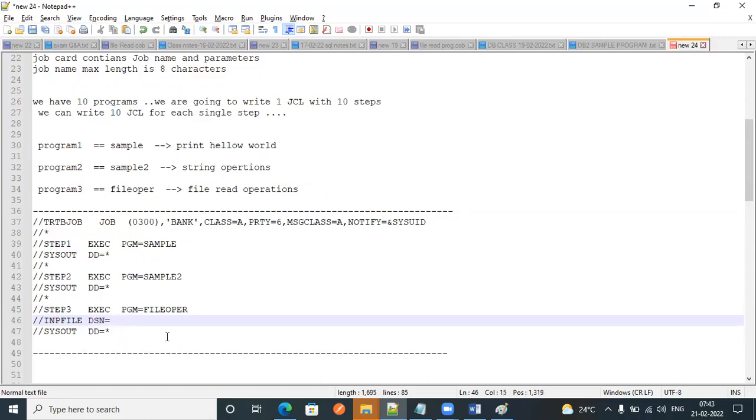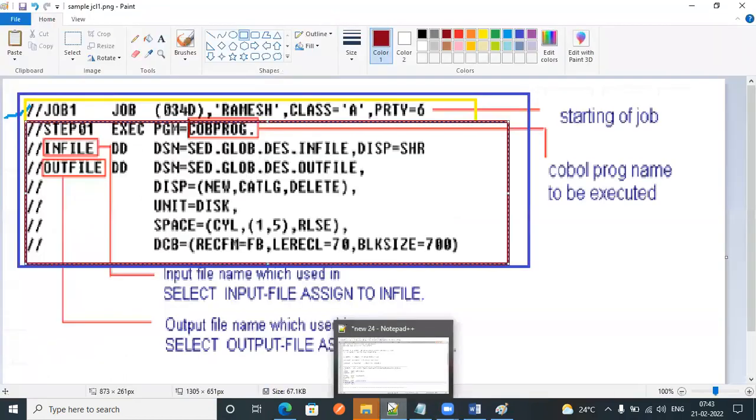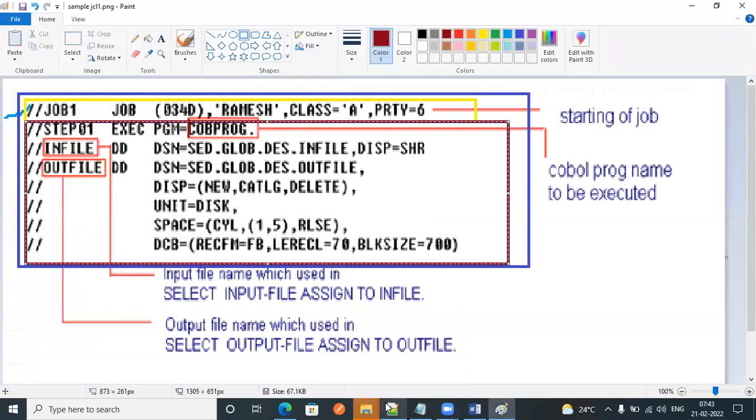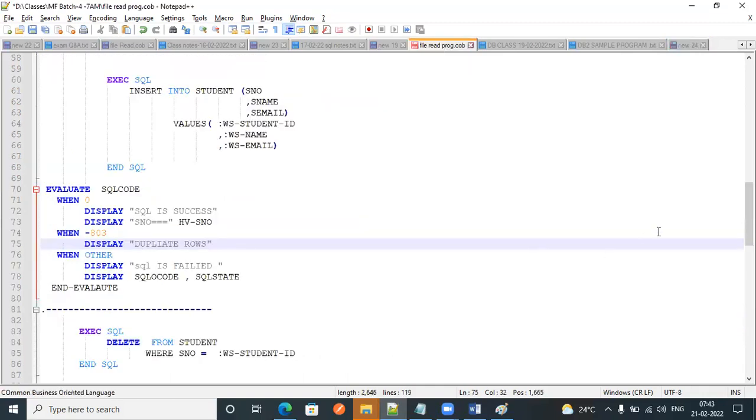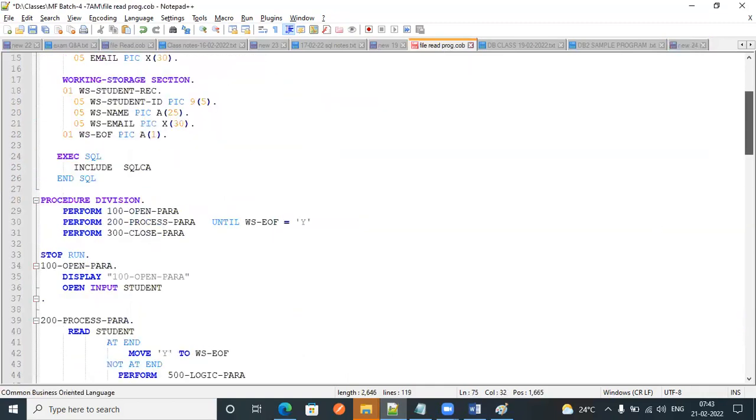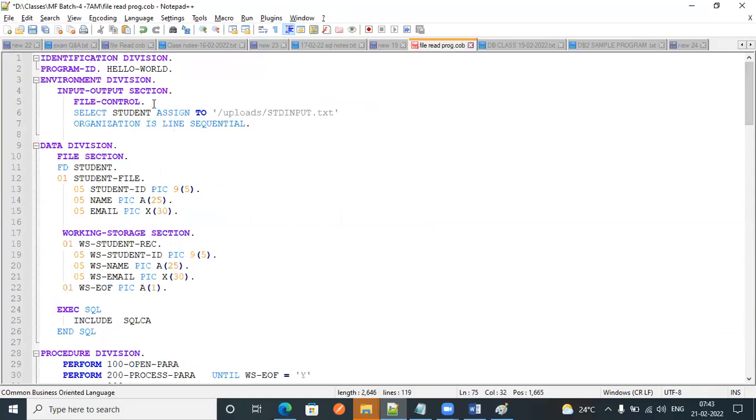Okay, I'll show you the logical name. Let's wait here, the file read COBOL program. Just observe this line. We have SELECT STUDENT ASSIGN TO, where we have hard coded something.